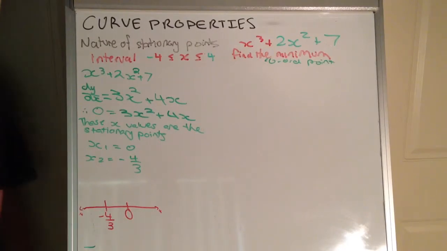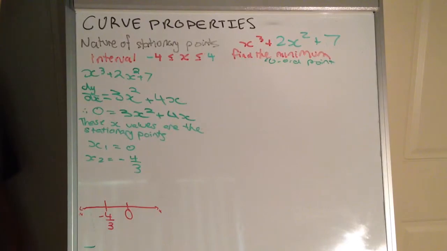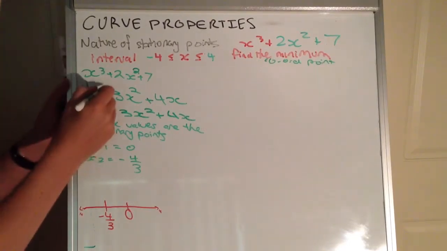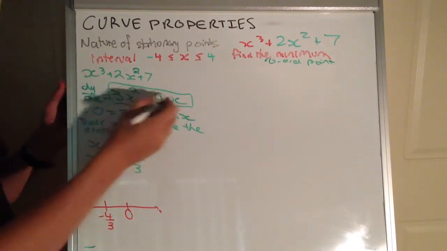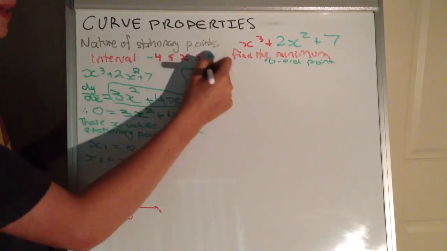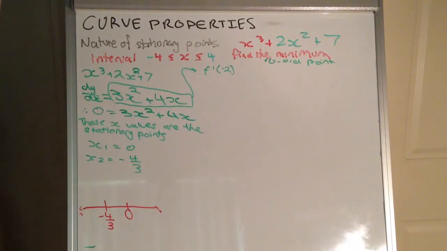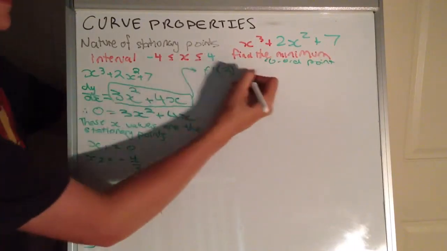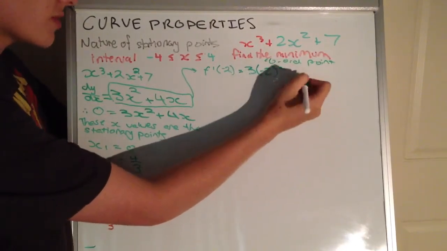So we simply substitute in a value less than -4/3 and work out whether it's a negative or positive derivative, which will make us realize whether it's an increasing or decreasing slope. So we take our derivative, our dy over dx, and let's find the f prime of -2. -2 is less than -4/3. So f prime of -2, we simply substitute in -2 into our equation where applicable,